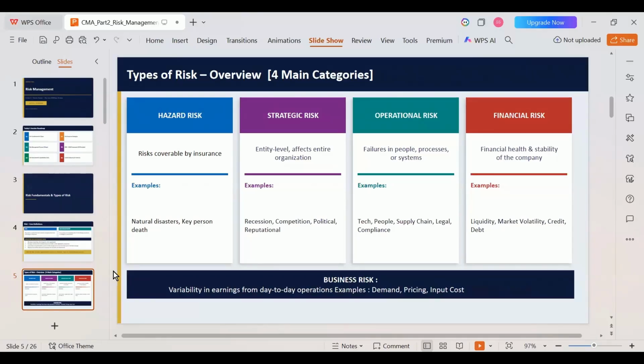Then comes strategic risk. As the name itself says, this is the highest level of risk that affects the entire organization. As I told you before, from the start of the company, when we start the business, till its end, risk is involved everywhere. So when we plan our strategies, even in our strategies, risks are involved. When we plan our strategies, we will be viewing various internal and external factors. Let us assume that I am planning a business strategy to open my own MNC in a foreign country. This involves various risks.